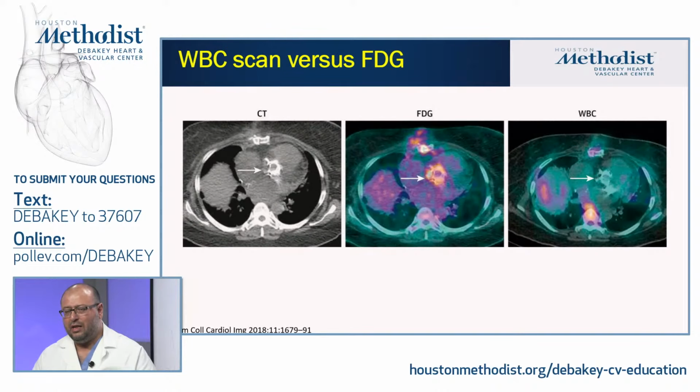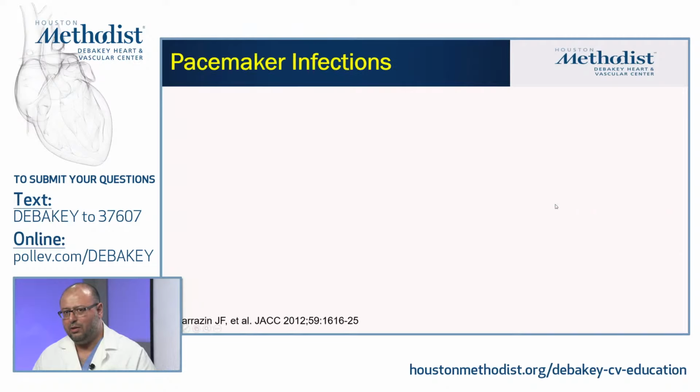A common question that always comes up is, how good is PET compared to tagged white blood cell, which is more widely available? Here's one case from the literature where white blood cell did not pick it up, but FDG PET had significant focal heterogeneous uptake, as is shown here with the focality of it. This was a patient who had endocarditis, but the main thing here is that it is more sensitive with FDG and more specific with white blood cell.